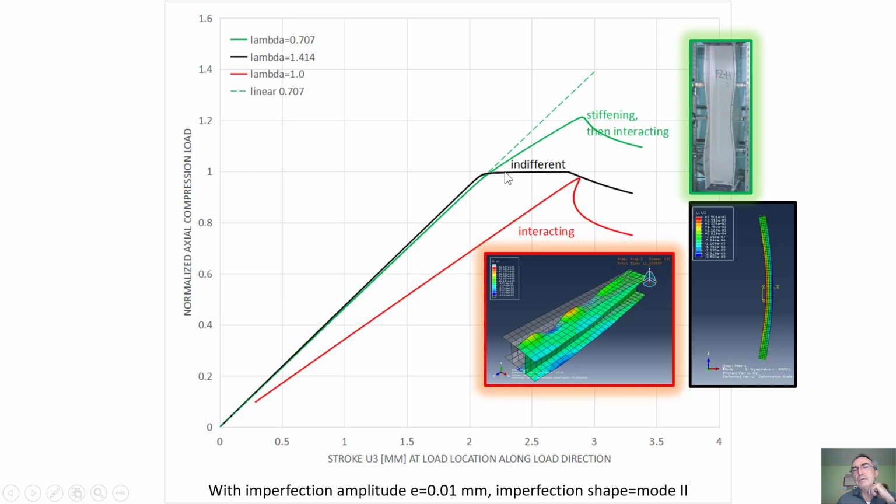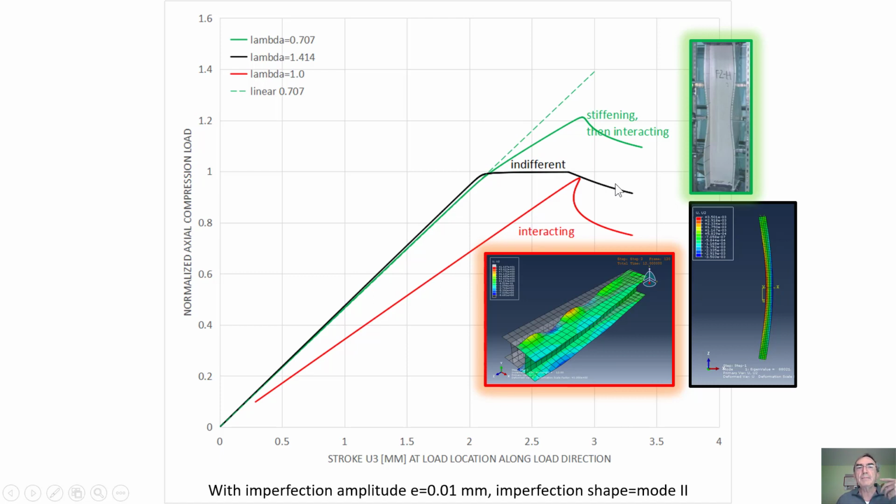And from a design point of view, this is not bad because, if there is an overload or some slight damage to the material, then at least for a while you can push more with the stroke, and the load at least keeps constant. So if you take this value of load and you apply a good safety factor on it, then you're likely to be okay. But eventually interaction will catch up, and then you're going to have a problem. All right, so we have to study this.